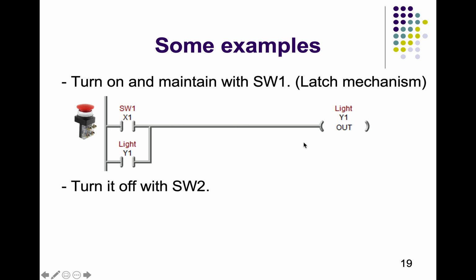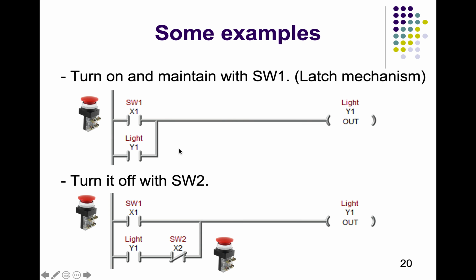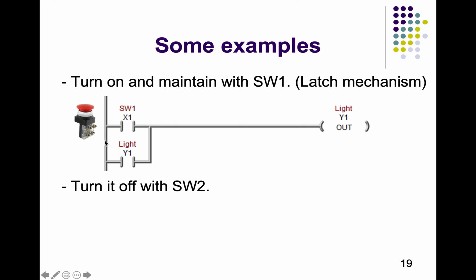But if we want to maintain that power, we can use an OR logic with this output as a contact. What this means is that whenever X1 is turned on, the power will go to Y1. That means Y1 is active. So here Y1 is active, that means power from the source will go through Y1 and power on the Y1. Then it will become a continuous power through Y1 to Y1. That way it will get latched. So here you can see one of the problems is that we cannot turn off this Y1 at any point.